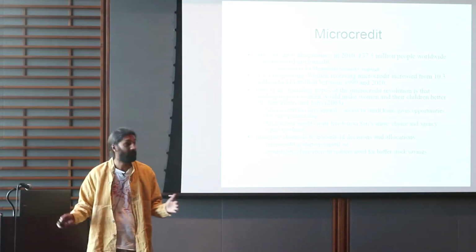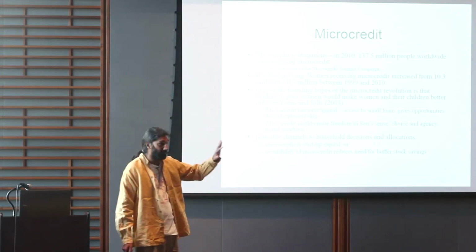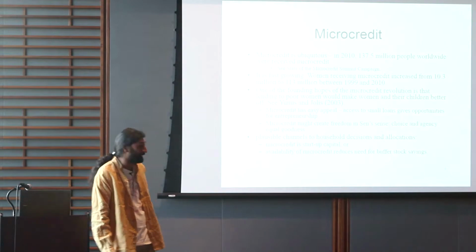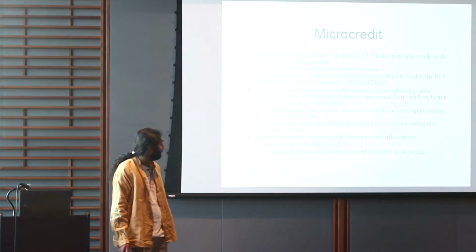You know, it can affect well-being through the budget of the household. It can affect well-being through the within-household distribution of that budget. And it can also affect well-being through a completely different channel that I'm not really going to talk about today, and that's just through a sense of choice and agency in Sen's sense of freedom.